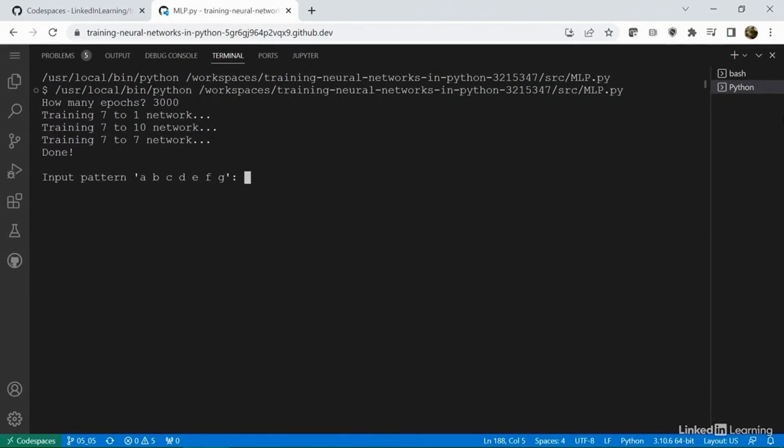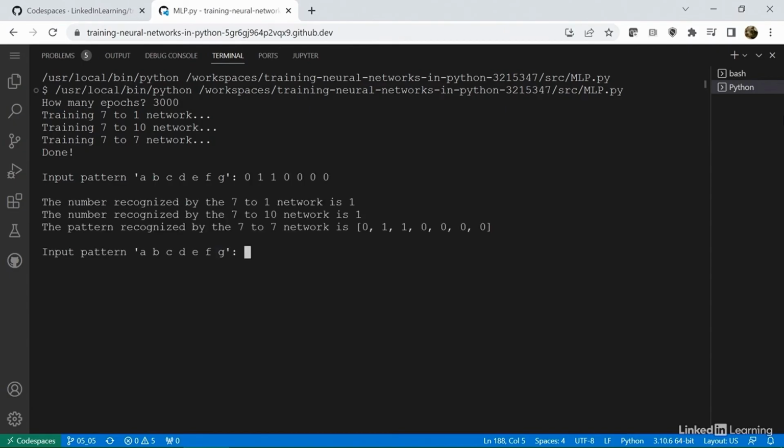Now we get to enter patterns to the 3 neural networks. Let's start with an easy one. The pattern for number 1 is 0110000. There you have it. The 7-to-1 network recognized number 1. The 7-to-10 system recognized 1 as well. And the 7-to-7 system outputs the same input pattern. Let's see